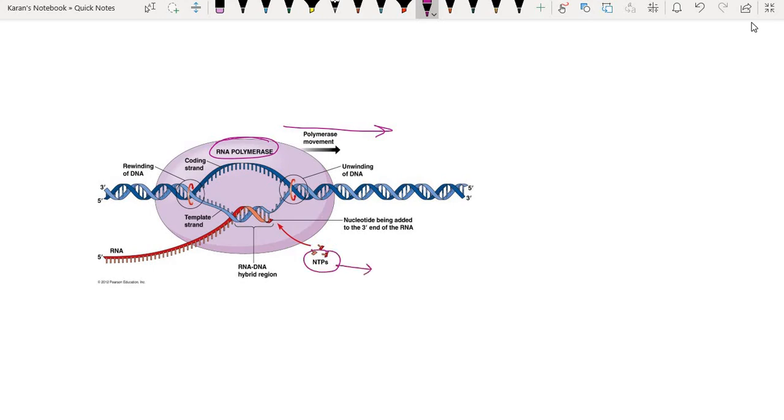And you can see NTPs here. These are very important NTPs because they are nucleoside triphosphates, and basically these are the precursors of RNA. So they help in formation of RNA, and moreover they also serve as an energy source for the cellular reaction. So they are precursors of RNA and they act as an energy source for the whole reaction.